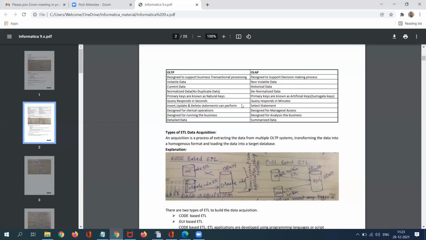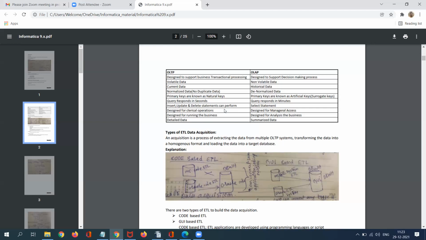One more important thing: in OLTP, you can perform all DML operations. If you want to insert, update, delete, you can use DML operations.